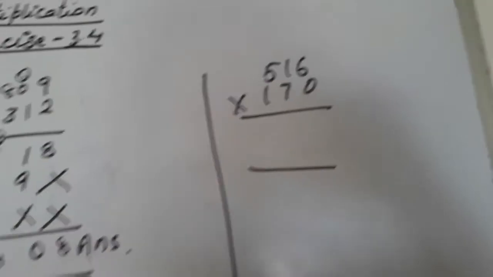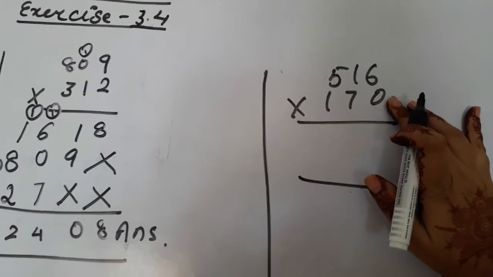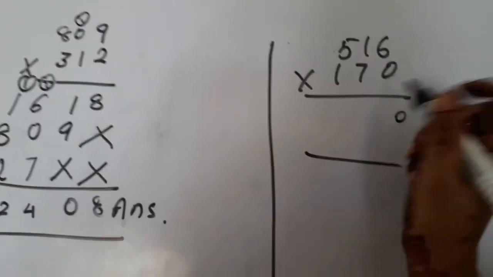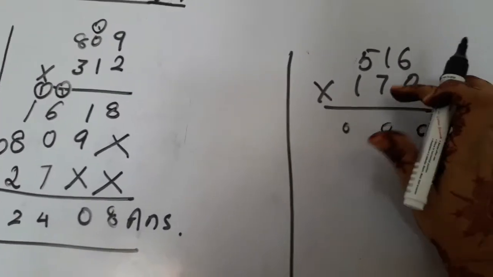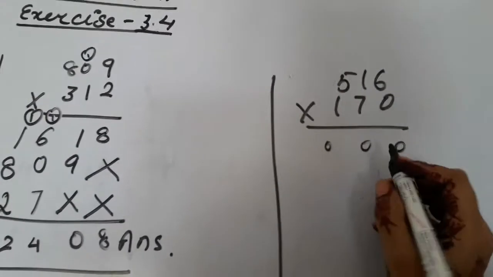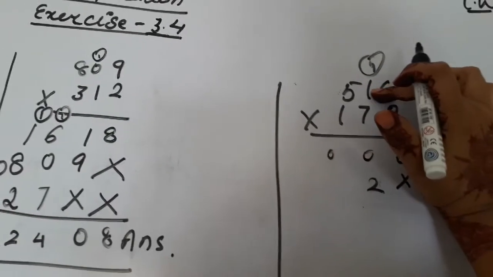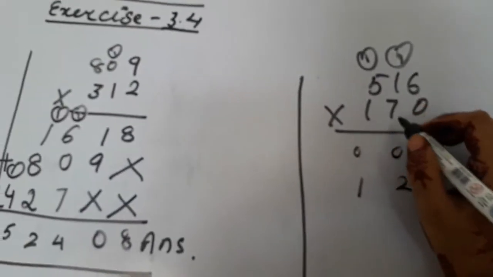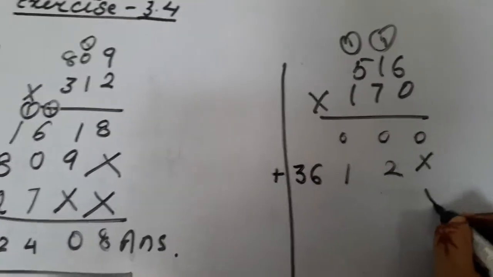Now again the next question, 516 multiplied by 170. Now how will you do it? Students, this creates confusion, this 0, how can you multiply with the 0? Firstly solve it like this only, okay? Multiplied by, now give the turn of 7, 7 sixes are 42, right? 4 goes on carry, 7 ones are 7, 7 plus 4 is 11, again it carries, 7 fives are 35, 35 plus 1 is 36, right?